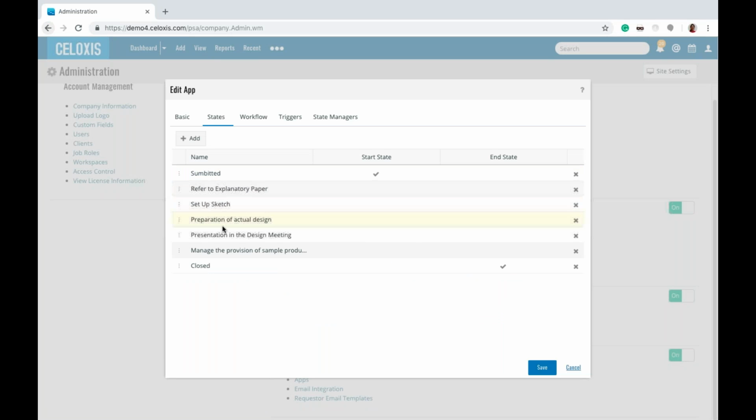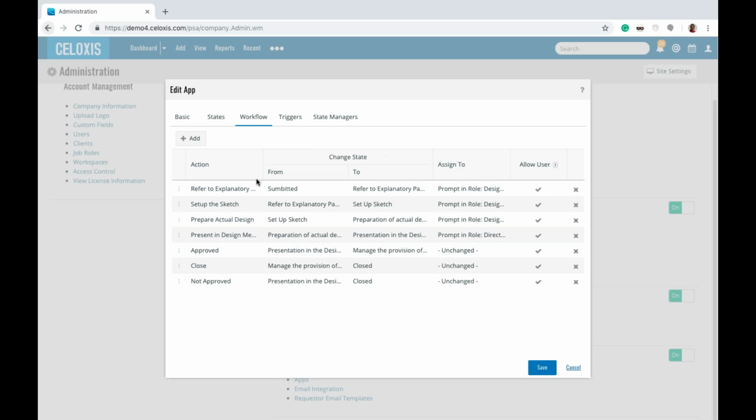You can define the different states in which the requirement or that particular request will pass through, in the workflow. So it's submitted, then it moves to the next stage, and so on. You can define who this is going to be assigned to. Once this is done,